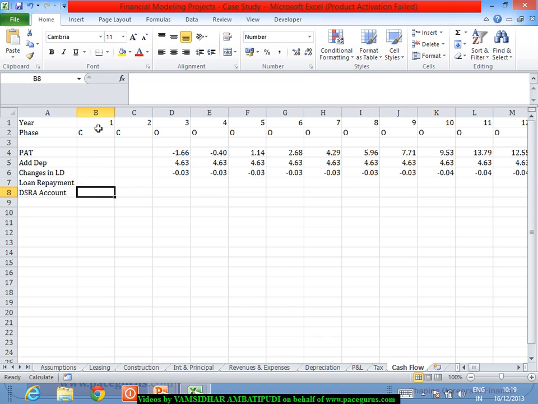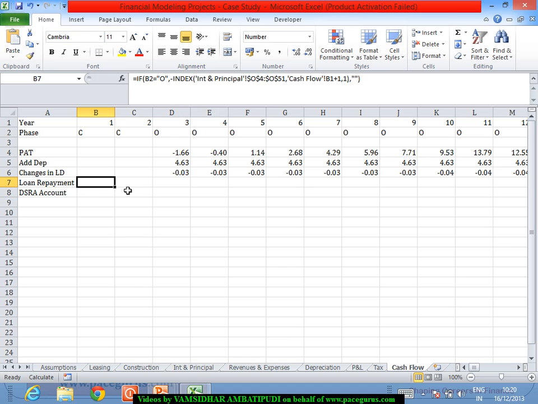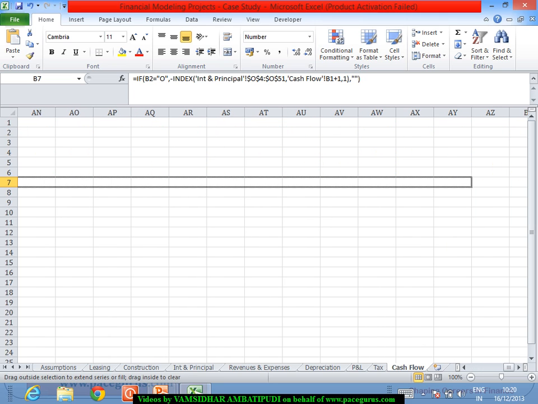So my loan repayment, probably it's better that I take the negative of this entire work, right? So instead of just taking index, I'll take the minus of index. Because this is a cash outflow from our side, I would be more interested in,